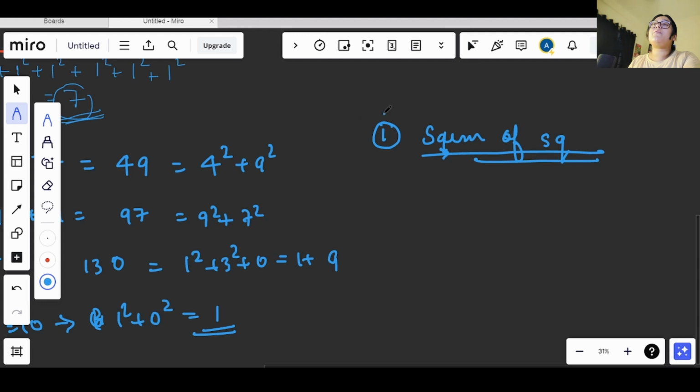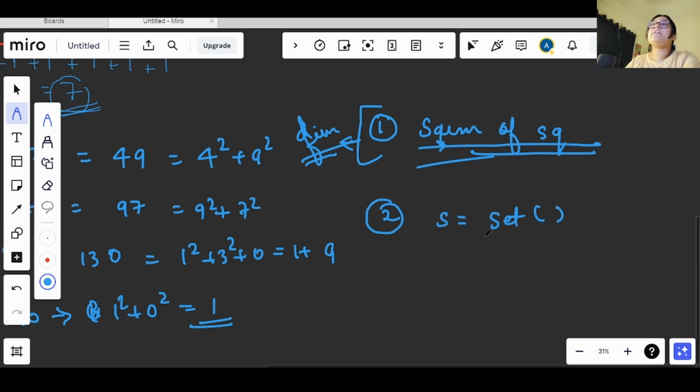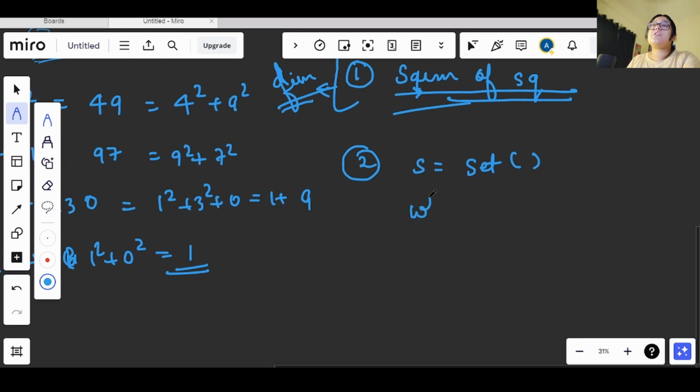Sum of squares, and this is taking place for each sum, right? So basically what we will do, let's take this and put this in a function. Okay, so we will define a function. This will be a helper function in which we will be taking the sum of squares. After that, in the main function, we will take a set. Okay, and in this we will use the iteration, right? Now till when we have to iterate?